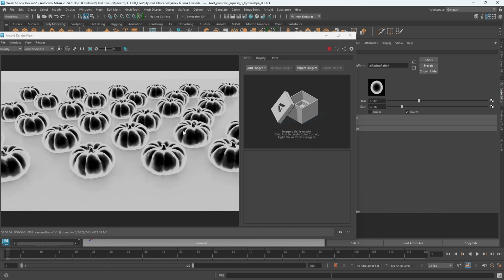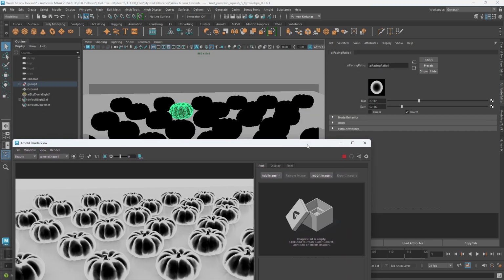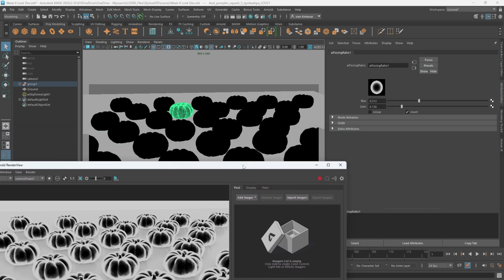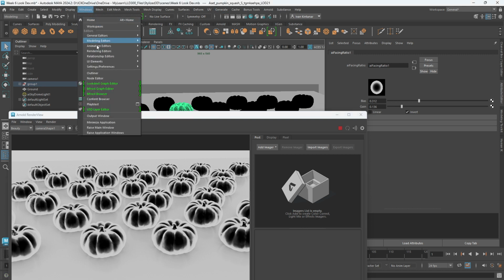So again, notice that it's basically just calculating faces that are facing your camera, and then faces that are facing away from your camera, and it creates some sort of grayscale value out of that. Now, if you want to colorize it though, it's a bit trickier, because it's just black and white, or it's just giving a float value, right? So what you're able to do is you can actually colorize this, and this is where your knowledge of the